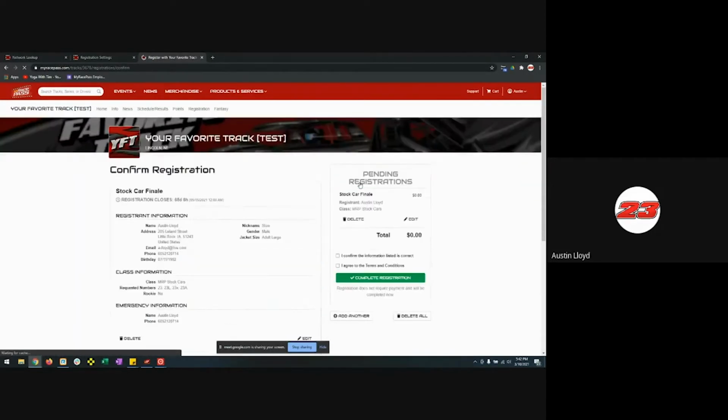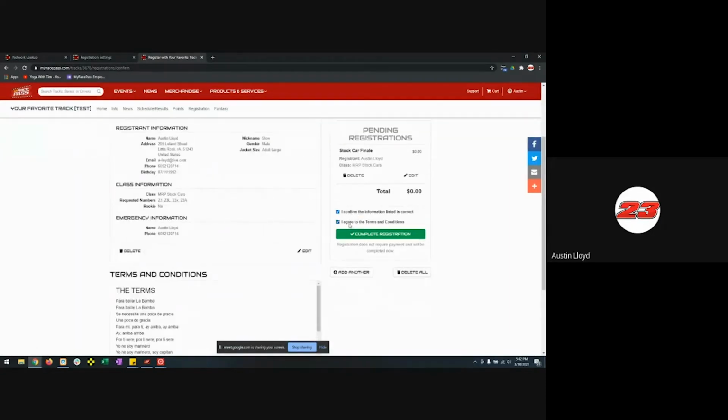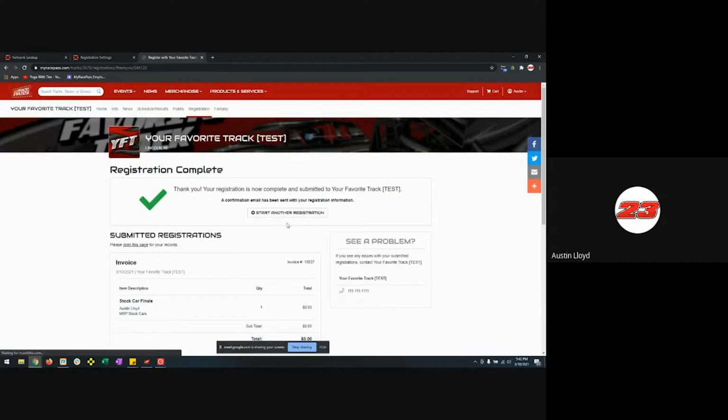Perfect. There we are. Confirm, agree, complete registration. And that is how long it takes a driver to register for your event at your track. And again, if they've already saved all of their personal information, like their name and address and phone number and emergency contacts and all that stuff, and they're doing it a second time, man, that's a 30-second process